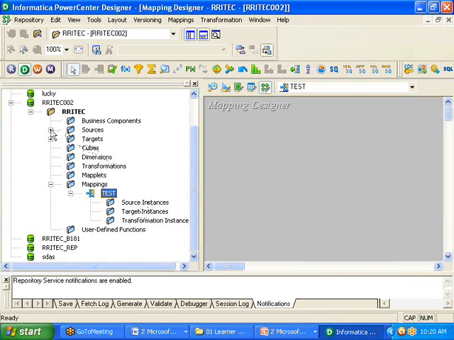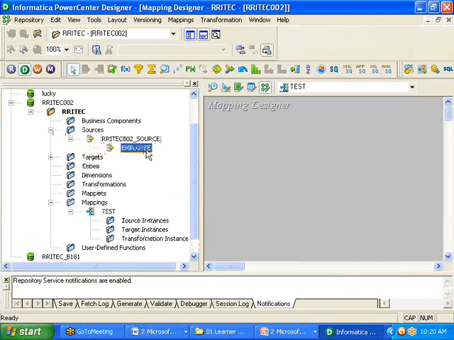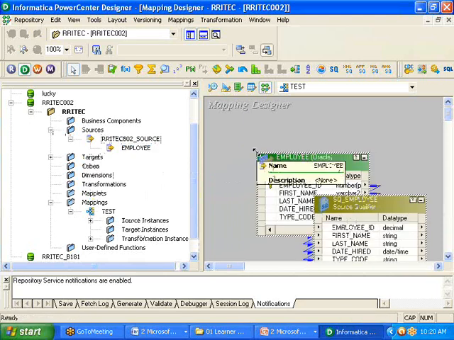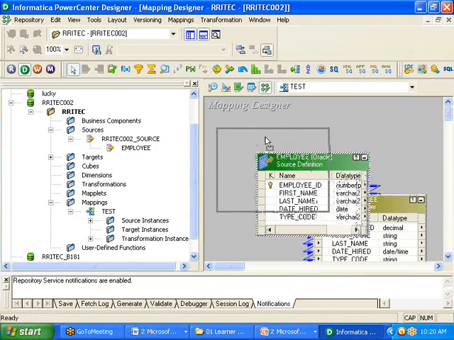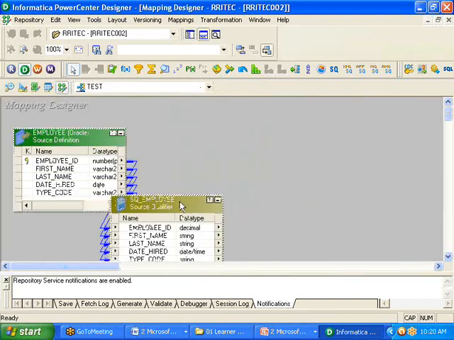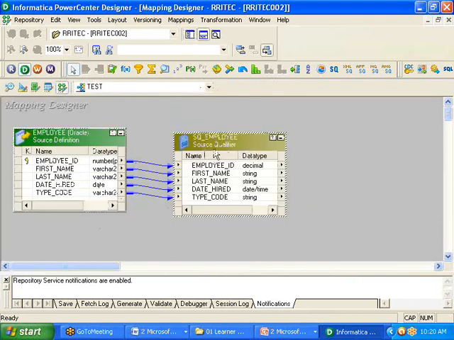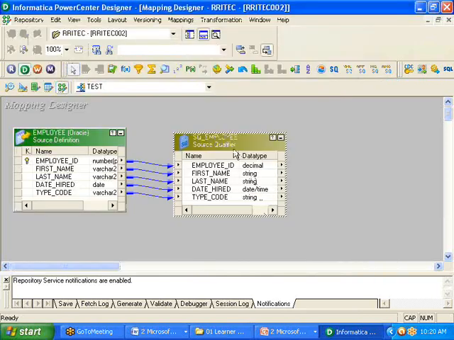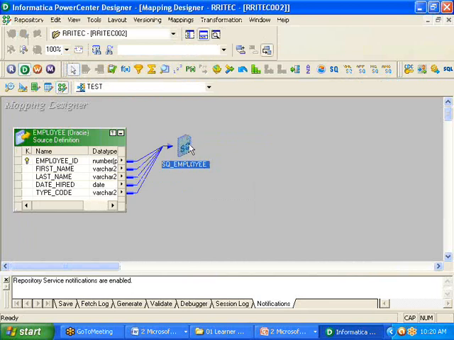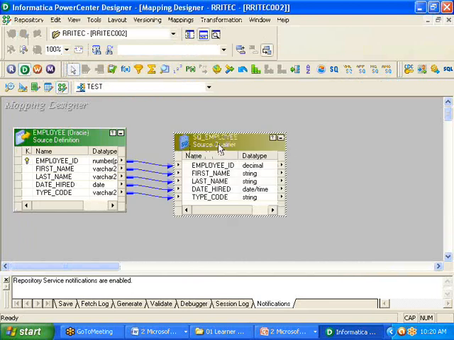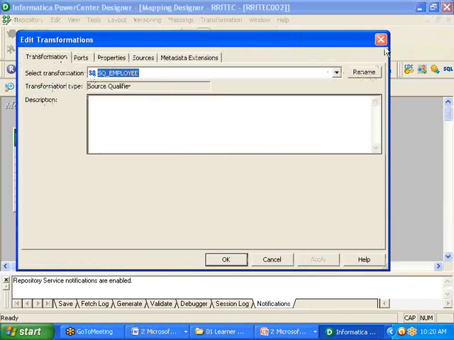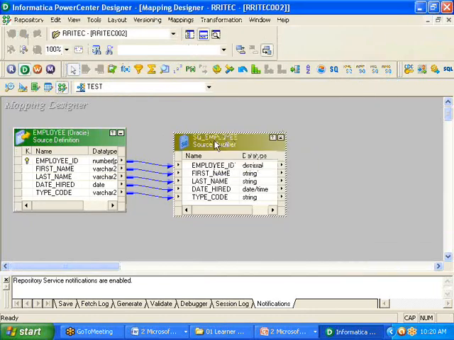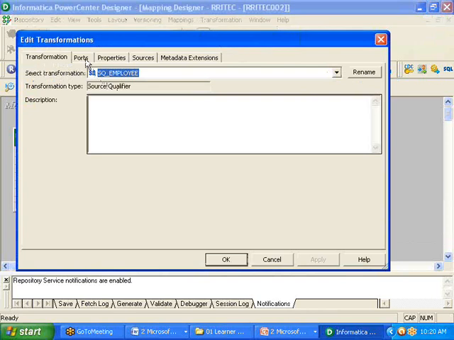Now let us say I have your source, that source I am trying to drag and drop into the work area. This employee available, I am trying to drag and drop like this. Whenever I drag and drop employee, automatically we get one more thing, that is the source qualifier. This is what we are talking about now. If I double click on the source qualifier, we get edit mode. This is normal mode. This is icon mode. Now I am going for normal mode and double click will get the edit mode. Double click always on the header of this one. Then go to the tab called ports tab.